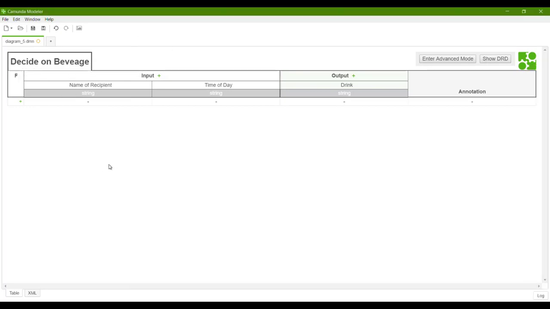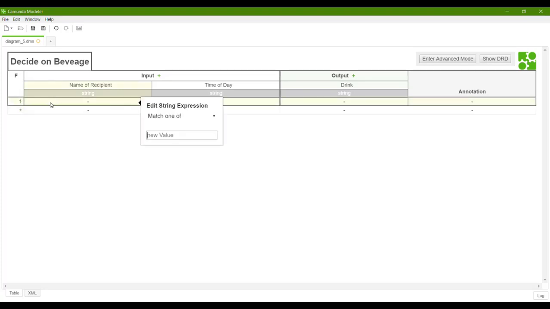Okay, so let's add our first item, and that is the recipients. Now what I could do is go in here, add a rule, and add something like Dale Cooper. But because I kind of know the kind of people that are going to show up and who have very particular dietary requirements, I can instead just get rid of that and select this field here where the string is.